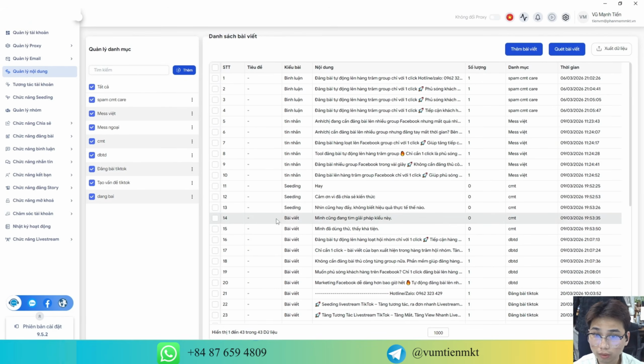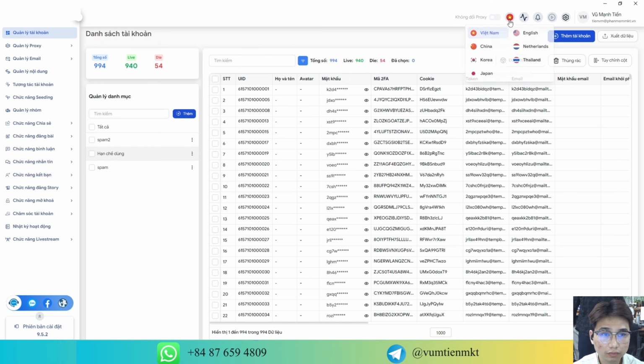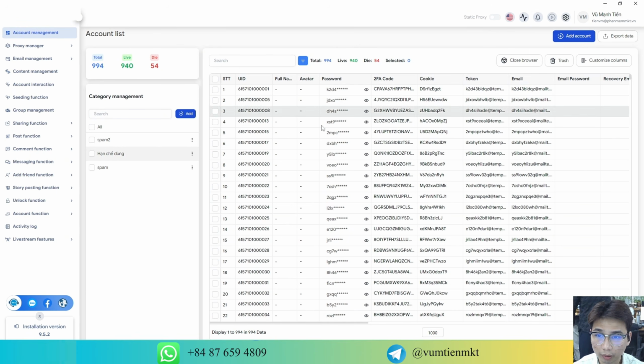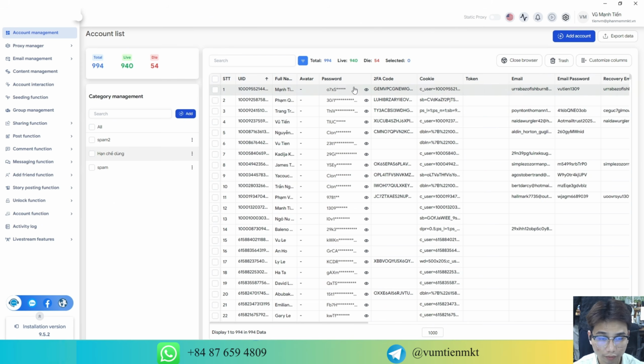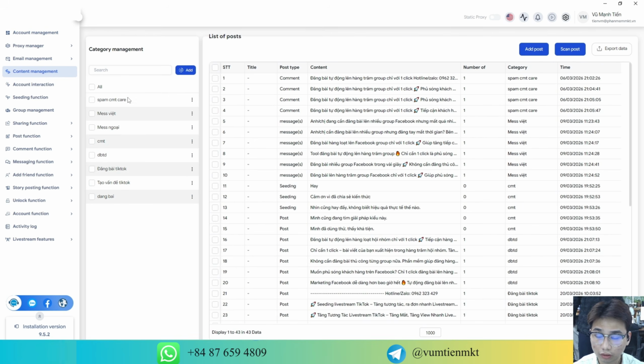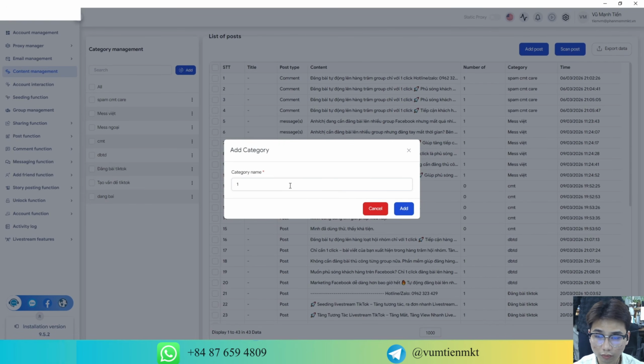Here, our company has a software that helps you upload that part. This is the interface of our software. First, you can manage an unlimited number of Facebook accounts. If you want to post effectively, first you can use the content section. First, go to the content section, select the folder option, create a folder you want, and click add to add